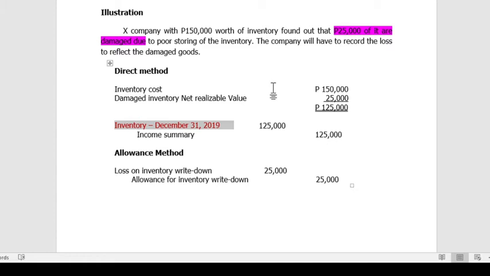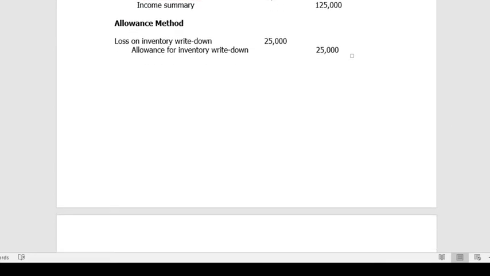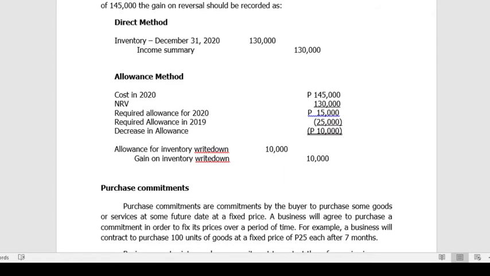However, under the allowance method, we create an account title allowance for inventory write-down. So you debit loss on inventory write-down 25,000 and then credit allowance for inventory write-down 25,000. The allowance for inventory write-down is a deduction to your inventory account. Okay. Under the direct method,